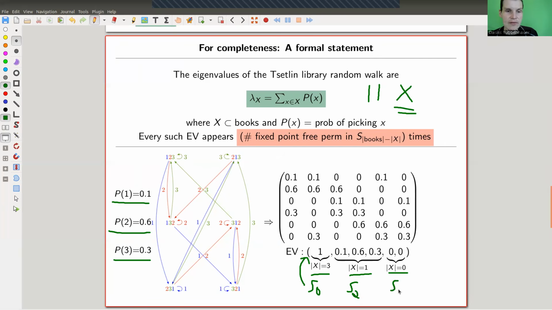And here's S3. How many fixed point free permutations are there in S3? Let me try to draw them. Here's 1, and here's 1. So actually 2. Anyway, so we can count the number of eigenvalues and also their forms, or the